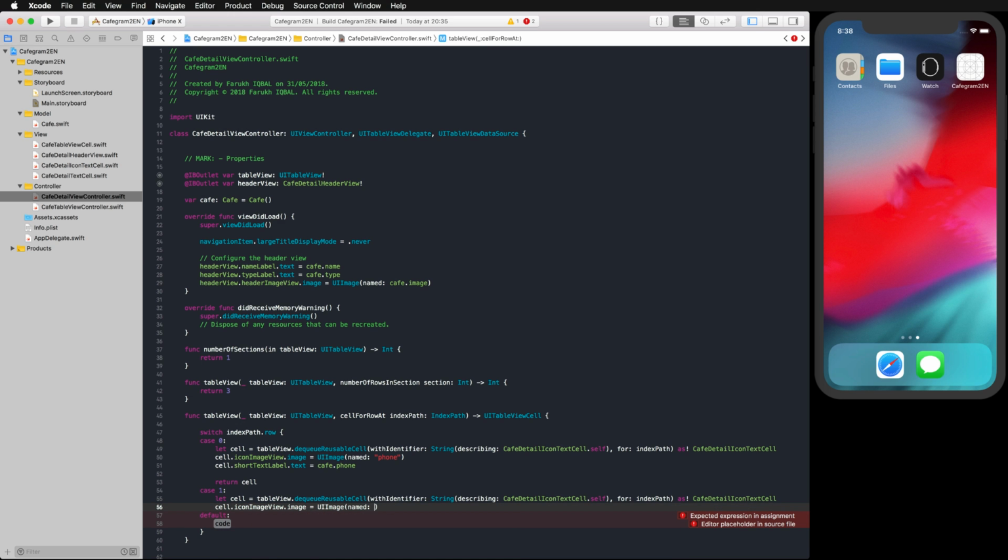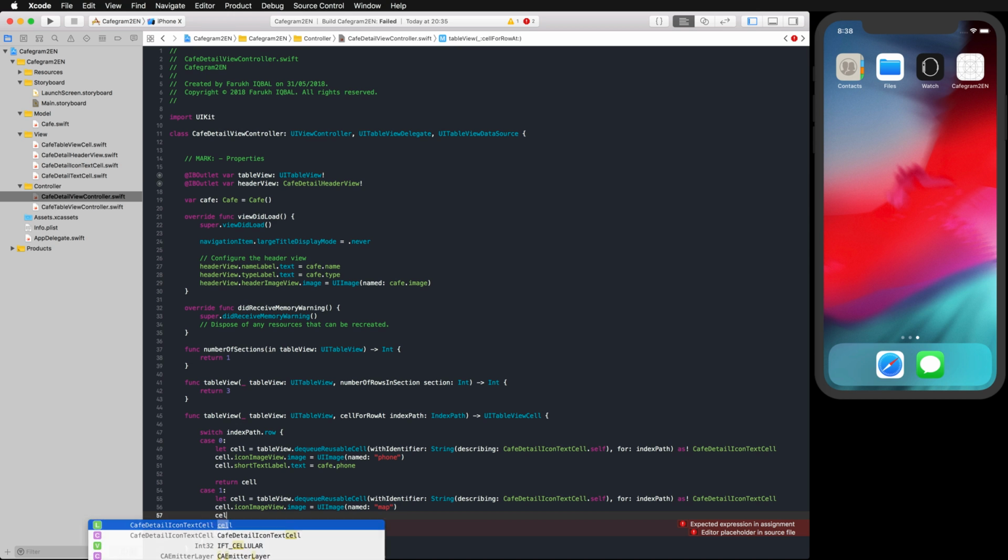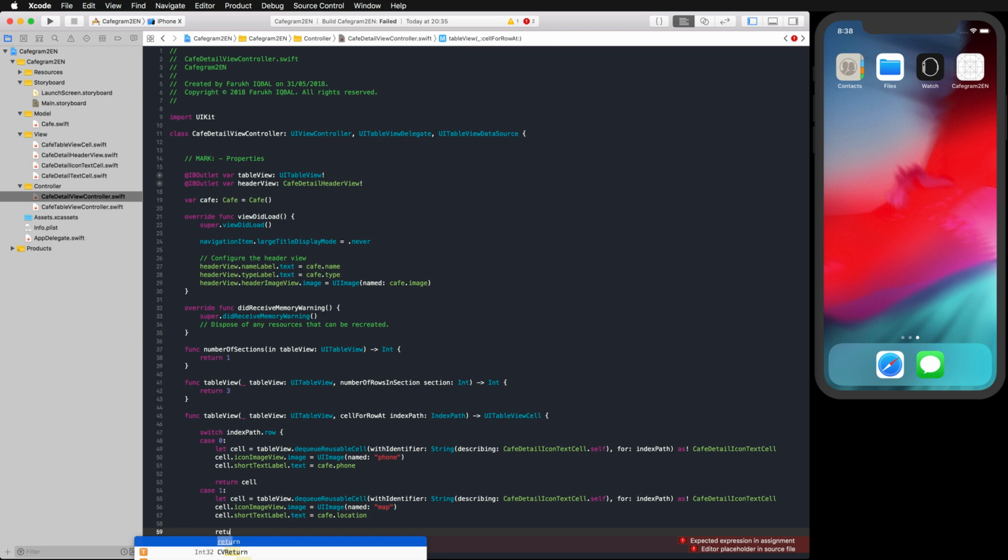Okay, map like this. No, not map. MC map. Okay, cell dot short text label dot text is equal to cafe dot location. Okay, again return a cell. Cool. Otherwise,